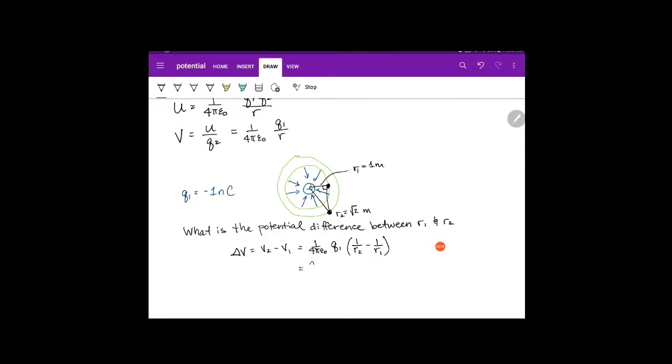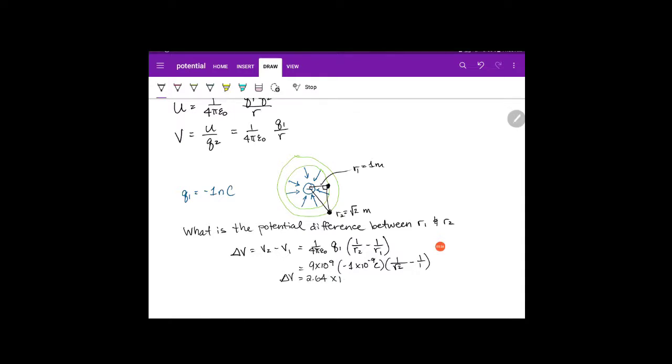And I know that this is 9 times 10 to the 9. I've chosen 1 nanocoulomb, and my distances are 1 over root 2 minus 1 over 1. And when I calculate that, my delta V is